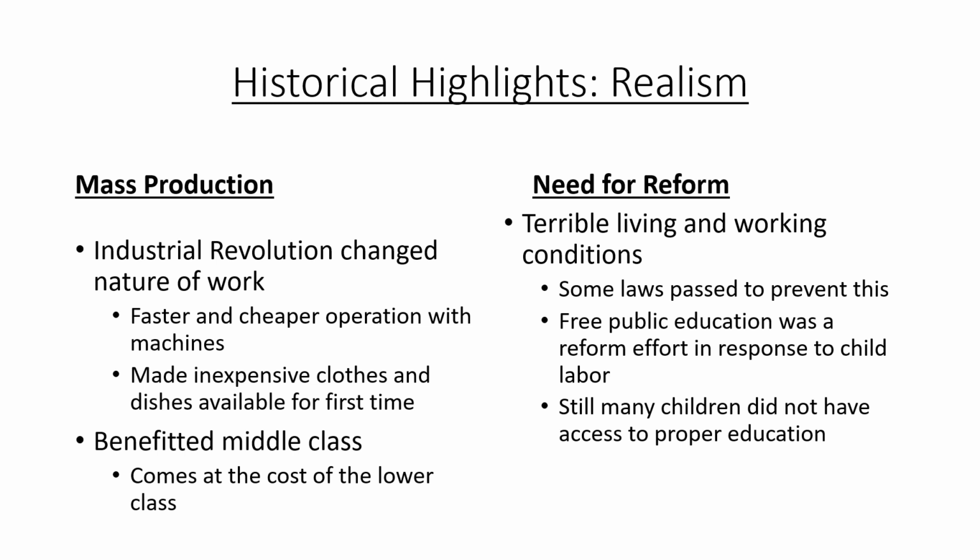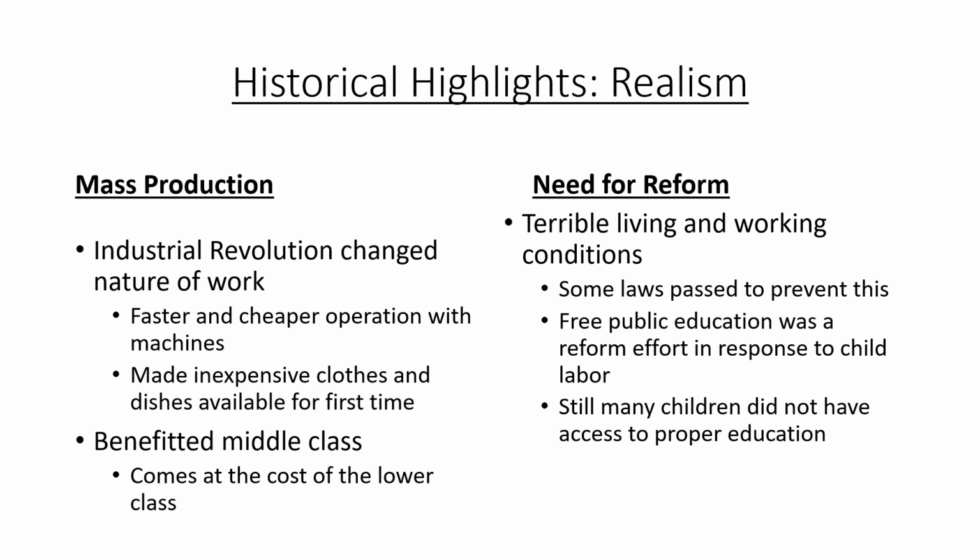So now you have this, and this is going to be a huge benefit primarily for the middle class. Think about the upper class. They already have access to these things, you guys, by means of their wealth. But the middle class, they're going to be able to access these same nice, fine quality things for a much more reasonable cost. But the cost then, not just in terms of money, but in terms of labor, is going to be borne by the lower class. These are going to be the people who are slaving for hours and hours a day in the industrial manufactories, to be able to produce these things for the middle class.